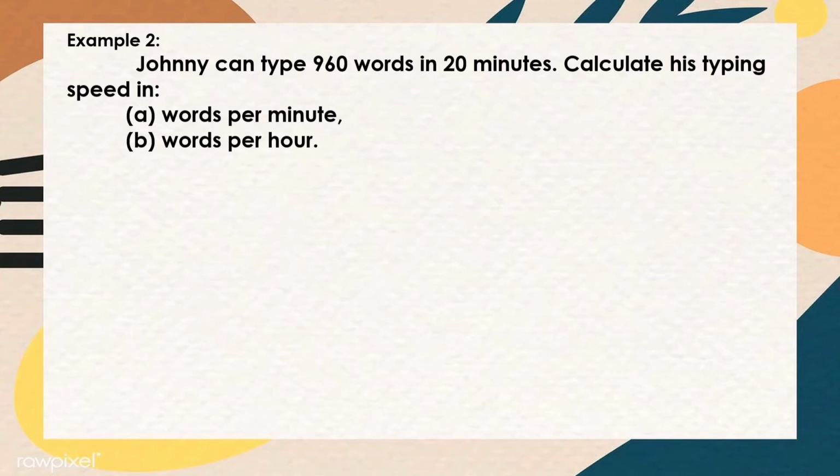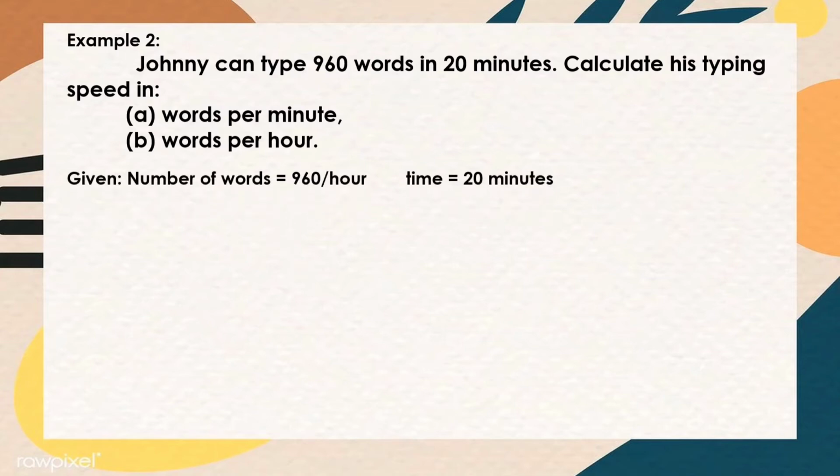Okay. So, the given here, our number of words is 960, and the time here is 20 minutes. So, let's take letter A first. We have no problem there because minutes is what we are getting. So, let's move to the solution. The formula here will also be the same since speed is what's missing. So, we have,